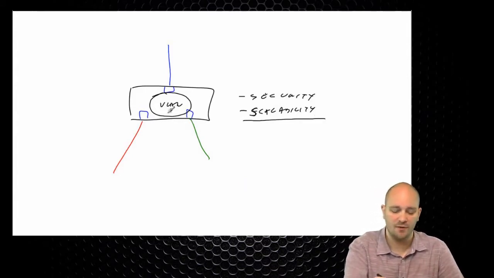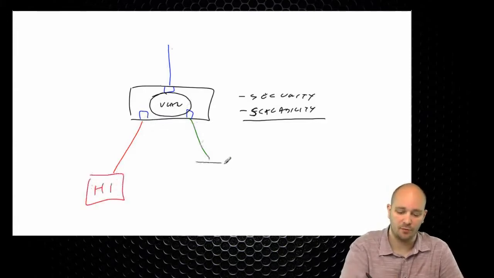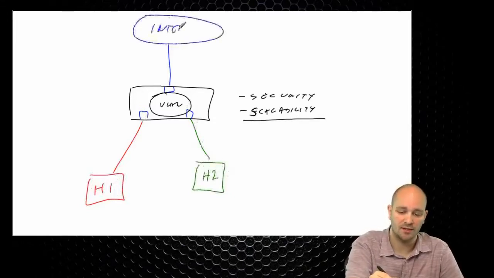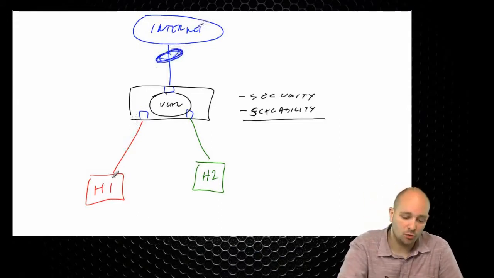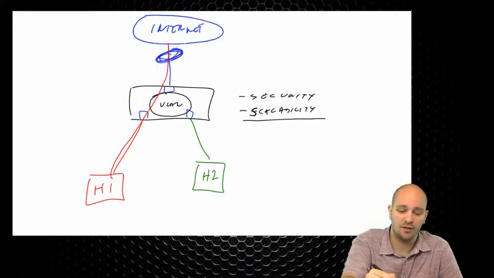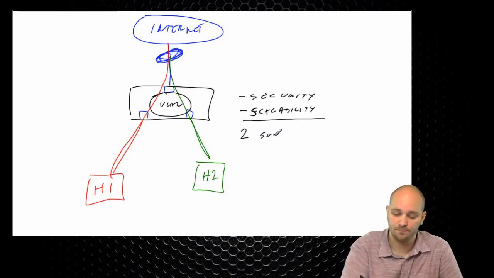Now, imagine that if I wanted to have, for example, one host here that was separated from this host here, and I still wanted them to be able to talk to, for example, the internet that is behind a host that is connected here. What I would need to do is put these in one subnet, and put these into another subnet here, which means that I would need two subnets. Now, if I need two subnets on Ethernet, that means that I'm losing two IPs. I'm using the network IP and I'm using the broadcast IP.